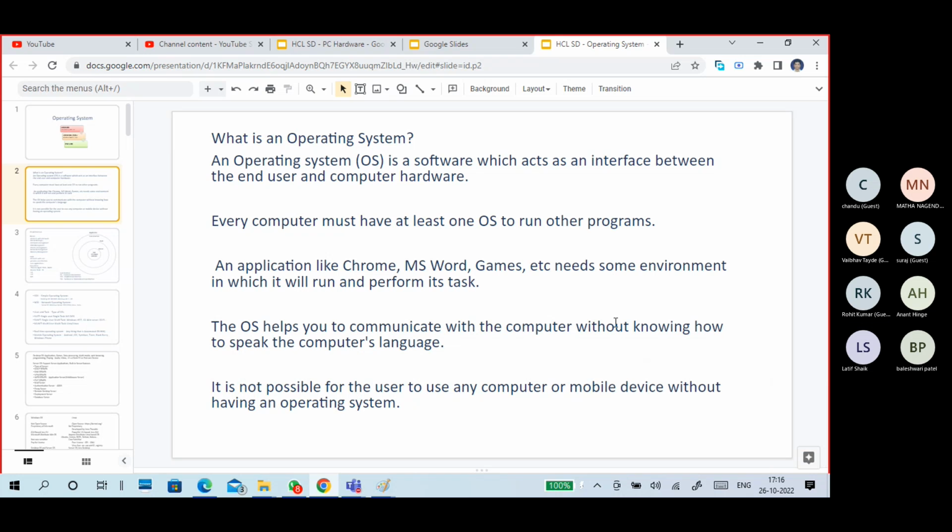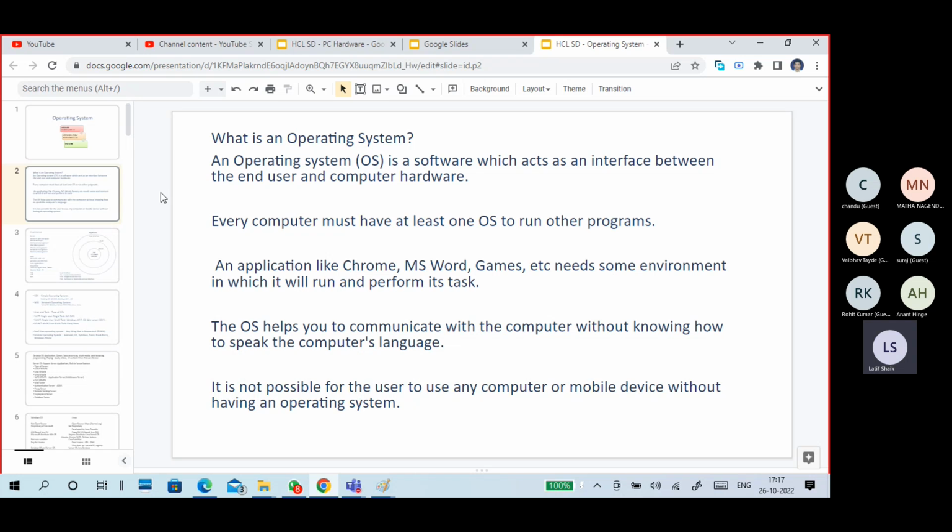You know two types of languages: high level language and low level language. High level languages mean C, C++, Java, Python. Those all come under high level languages. Low level languages mean binary system, hexadecimal systems, assembly languages.